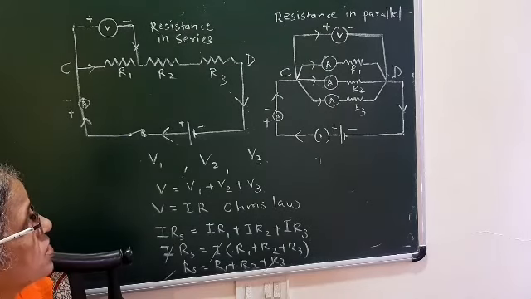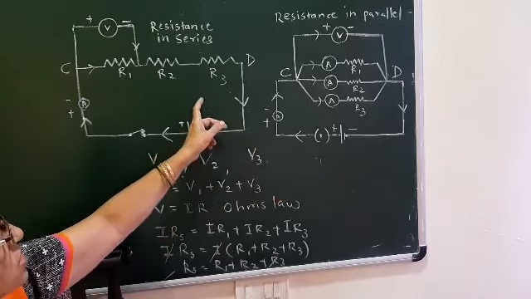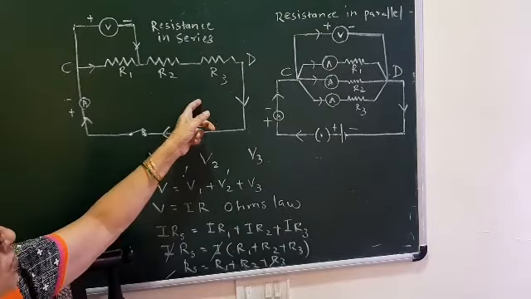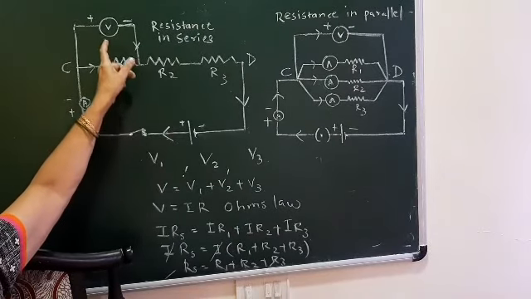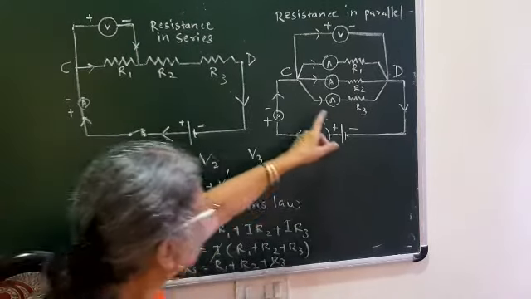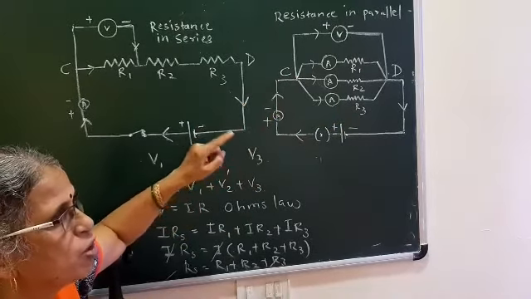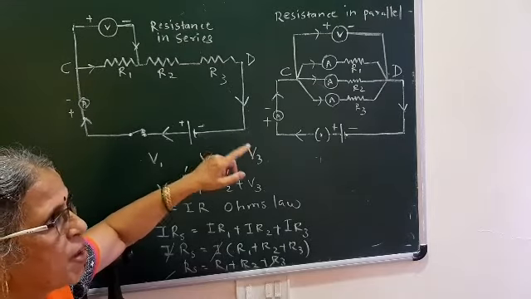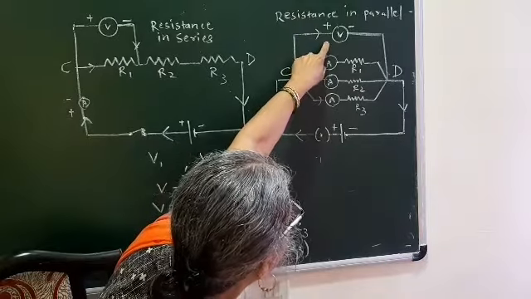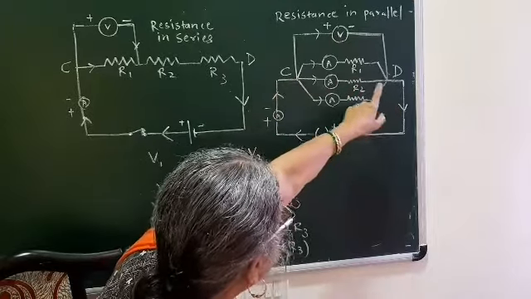Now the first main difference between resistances in series and in parallel is this: when they are connected in series, what remains the same? I have told you, the current remains the same, and that's why we measured the potential differences V1, V2, V3 when they are connected in series. But when they are connected in parallel, the potential difference remains the same, and the potential difference is measured by a voltmeter, and a voltmeter is always connected in parallel. That's why in the figure we show the parallel-connected voltmeter between these common points C and D. Followed? That is the first thing.